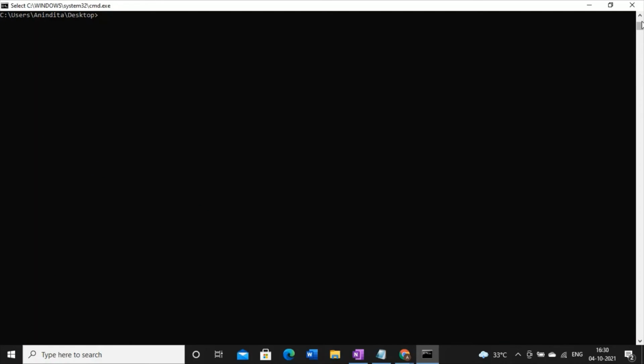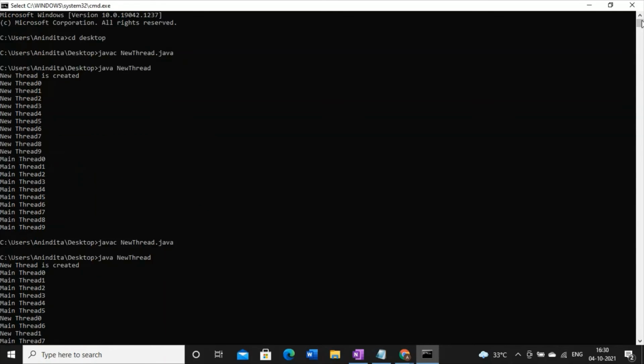And why do we have different kinds of output? Because the switching of the CPU will not be fixed all the time. So for that reason, whenever we are executing the same code, we are getting repeated outputs of different patterns. But if I am executing this code in a Solaris system, then time slicing will not be used. We will use imposing priority on the thread.